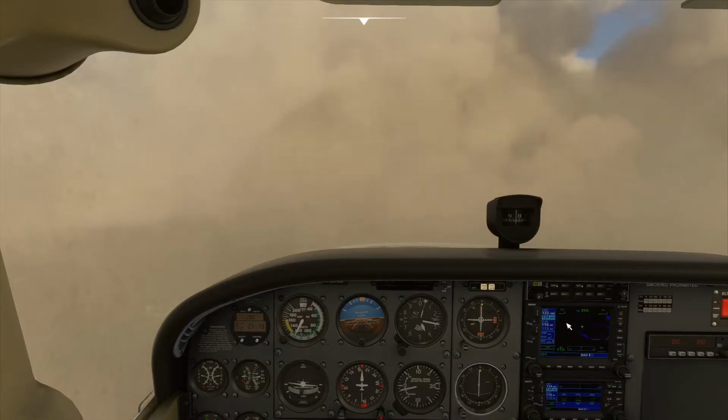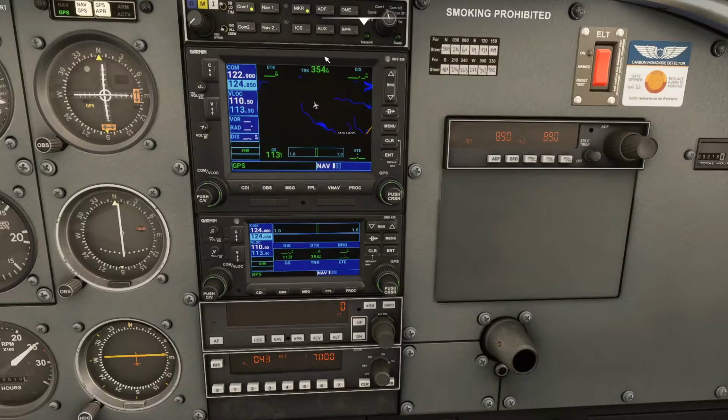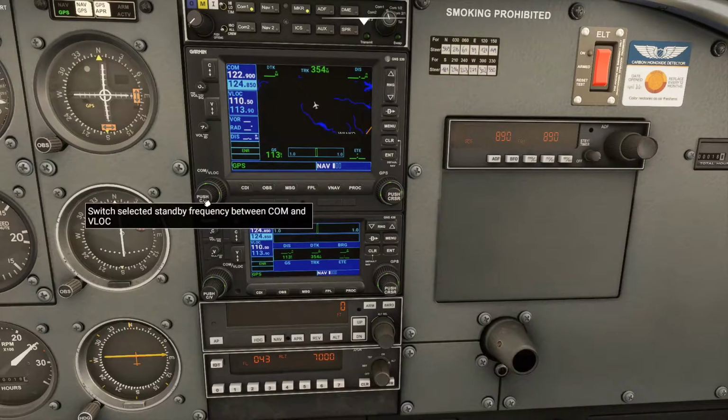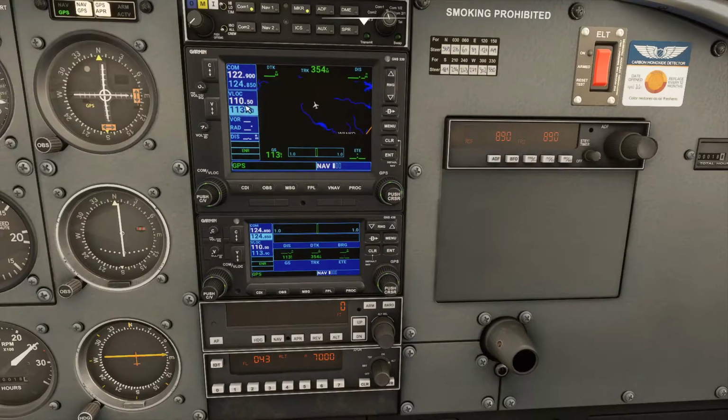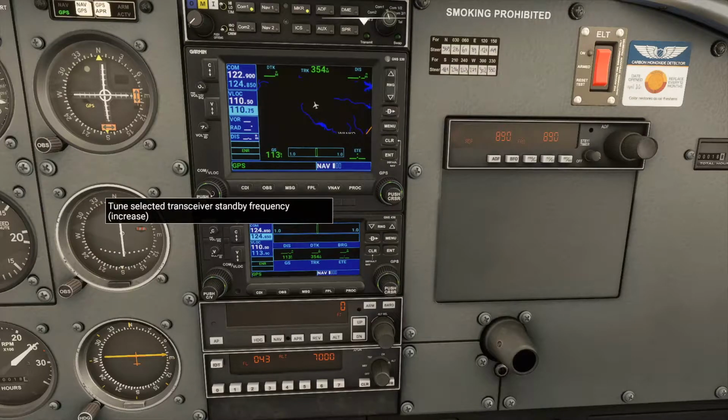I've paused it so that we can have some time. So if we look at that, we can see that at the moment, this top panel here is my nav1 and com1, and this is com2 and nav2. So here we can switch between com and vloc. So I'm going to click on it once, and you can see that the highlighted part has gone to the bottom, and the frequency I wanted was 110.65, so I'm going to go down to 110 and 65, and then